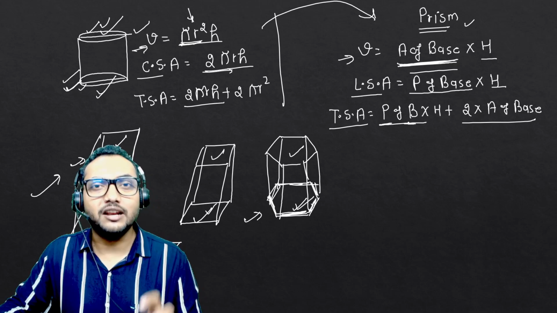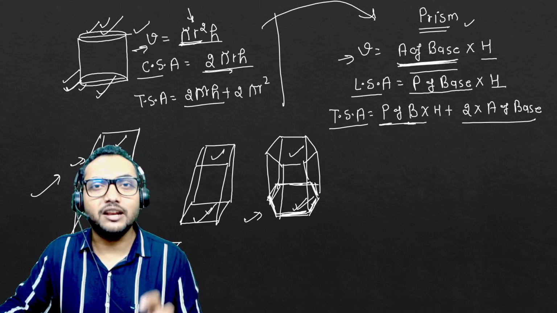Whole surface area, that means total surface area, is equal to 152 centimeter square. So what is the area of its two identical plane ends? That means total surface area, what? We will use the same thing. We have to go again to the cylinder and say, what is the total surface area of